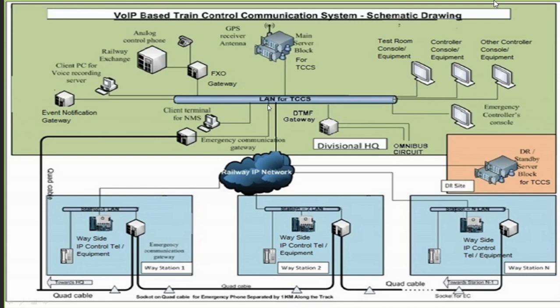Normally nowadays we are using SIM-based telephones, but during emergencies like disasters, the SIM circuits may fail. Sometimes in a major disaster, you will not have any cell phone signal. Sometimes your BSNL also fails. But if you are maintaining your local exchange in a safe manner, you can extend your auto phone number to that site, so that communication will be there, and then there will not be a problem.